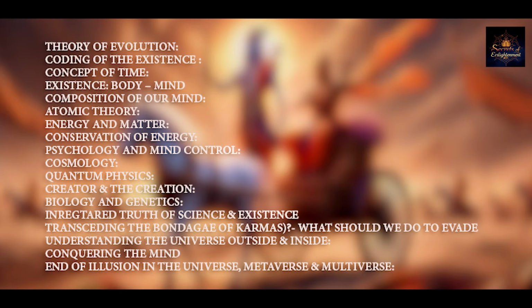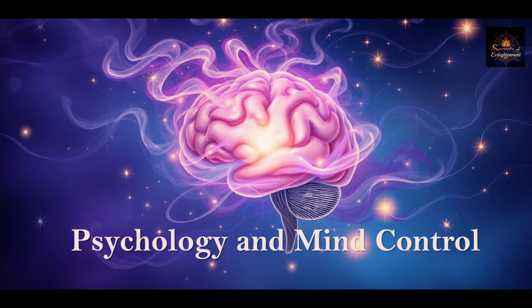As I said, I divided the whole thing into 18 sections, like 18 chapters of Bhagavad Gita, but they are not in the same order. So it's like trying to find out the science of it in Bhagavad Gita, which can relate to modern physics and modern cosmology. So the 10 aspects that I'm going to talk about now in this part, the first one will be psychology and mind control,